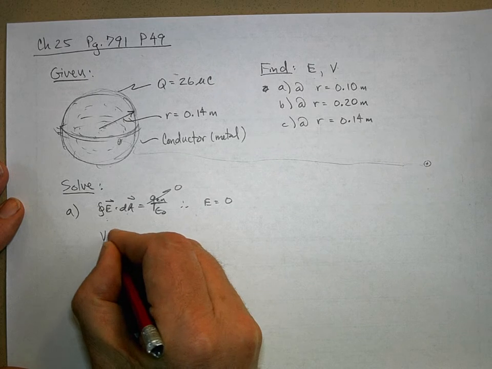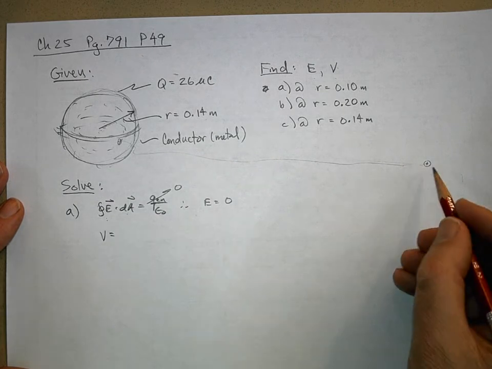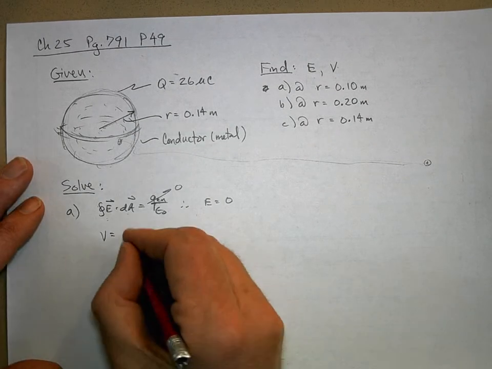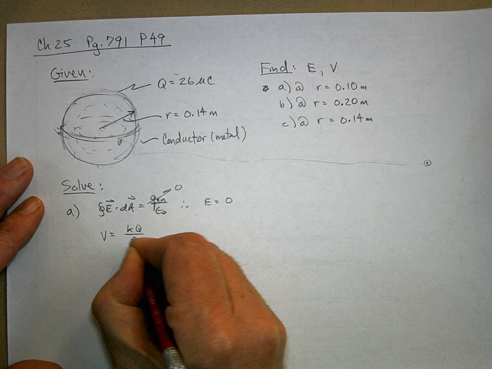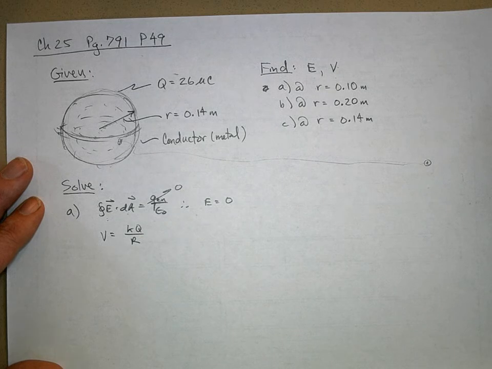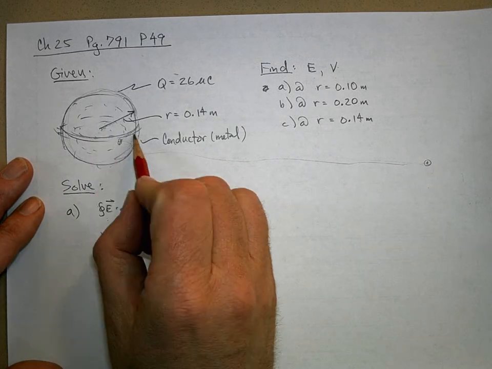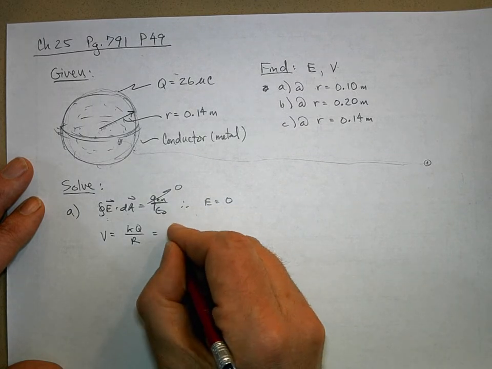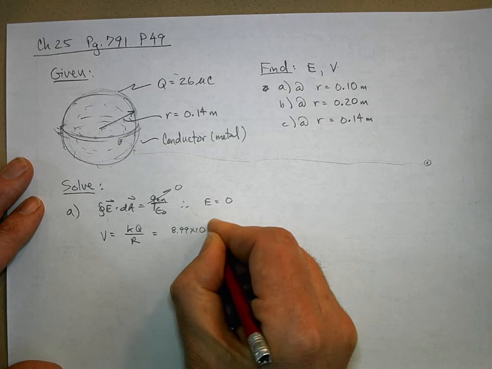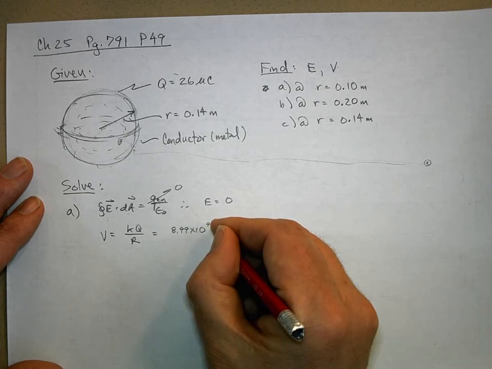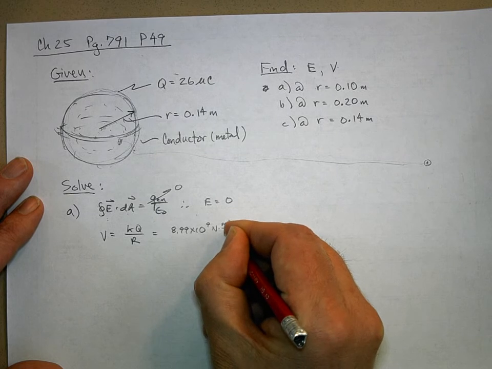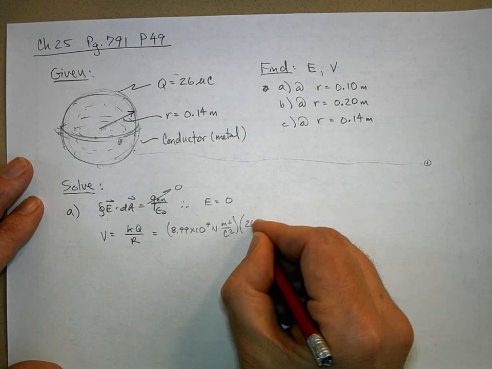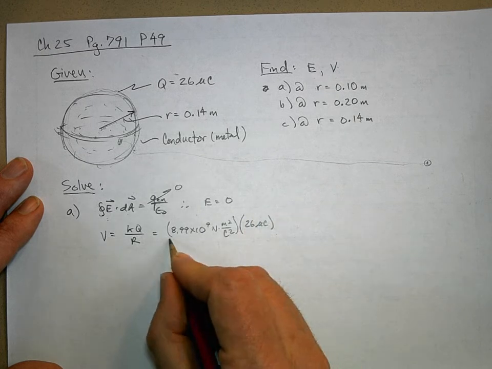So the voltage is going to be equal to the work it took per unit charge to get from infinity to that surface. Well, it looks just like a point charge, so we're just going to call that KQ over R, where R is now the radius of this sphere. So this is going to be 8.99 times 10 to the 9 newton meter squared per coulomb squared, multiplied by the charge, 26 microcoulombs, and then I divide that by